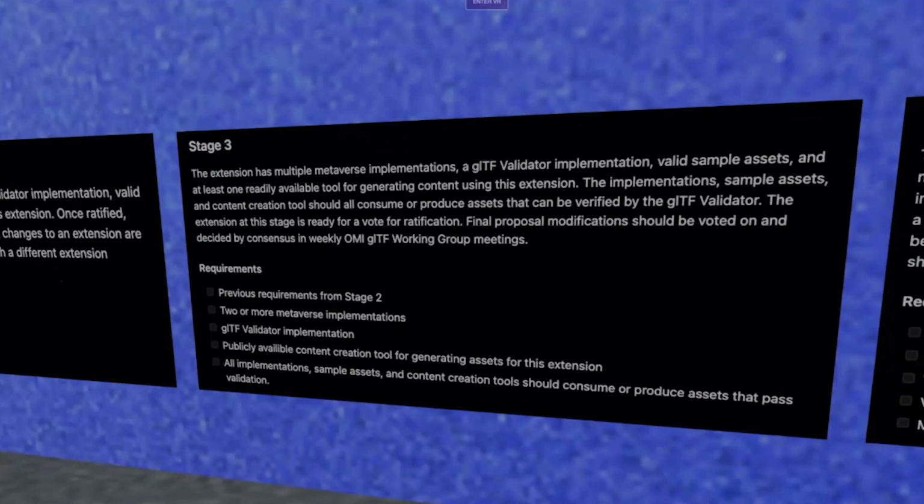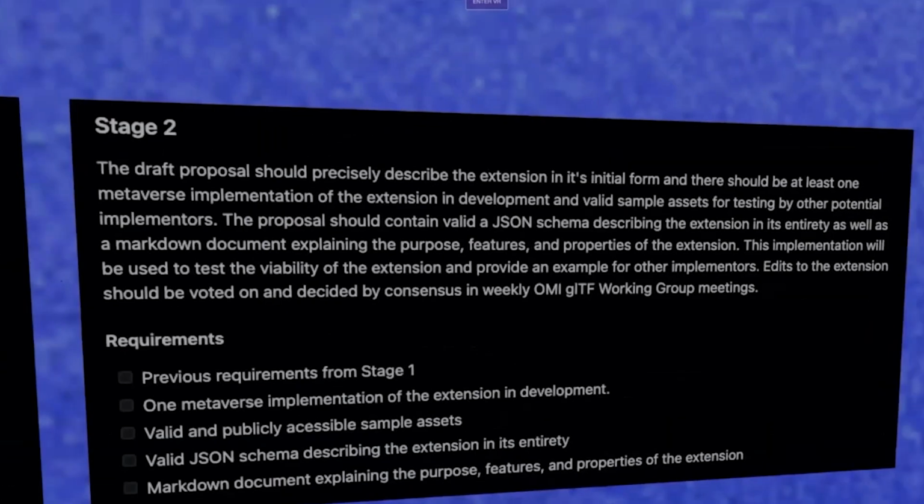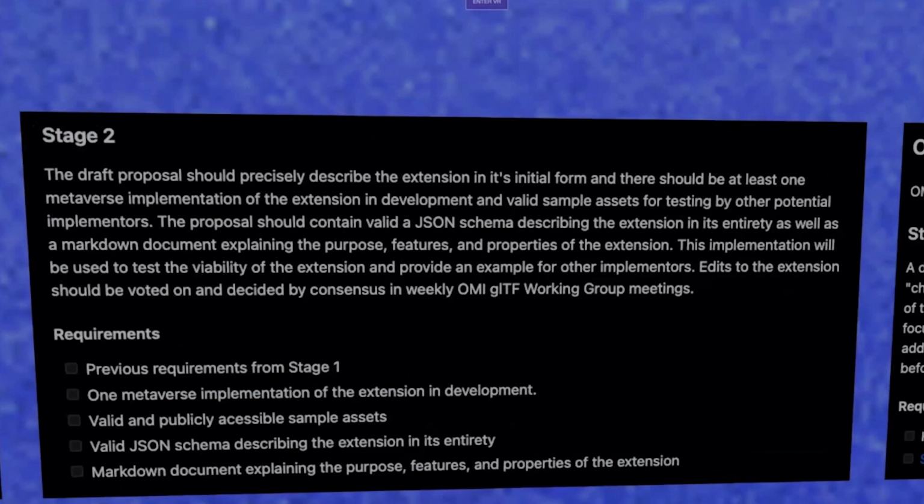Stage two is focused on the stage one requirements, but it also needs an implementation of the extension, so that we have a representation we can show off and get other people to base their work off of.